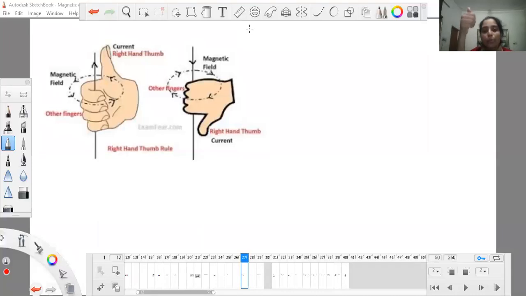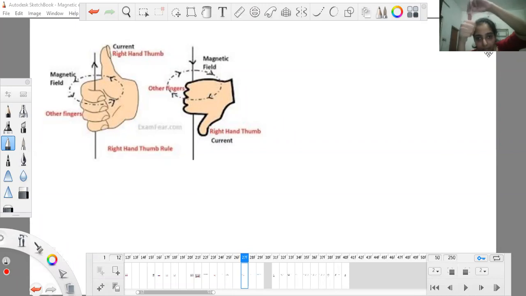So right now I'm using my right hand rule, because this rule is known as the right hand rule. In this rule you have to use your thumb as electric current and your fingers as magnetic field lines. As we studied this by using a pen, and we did so much mess while doing it, but hopefully you understood how it works.